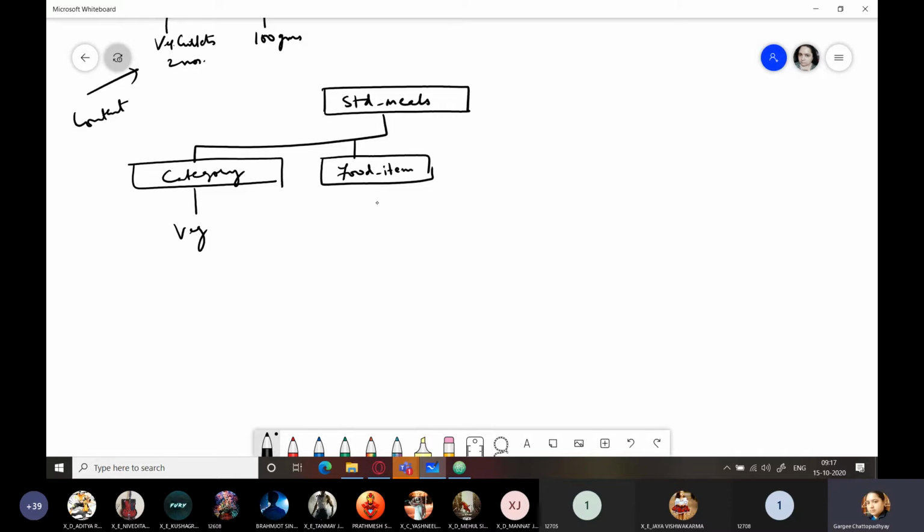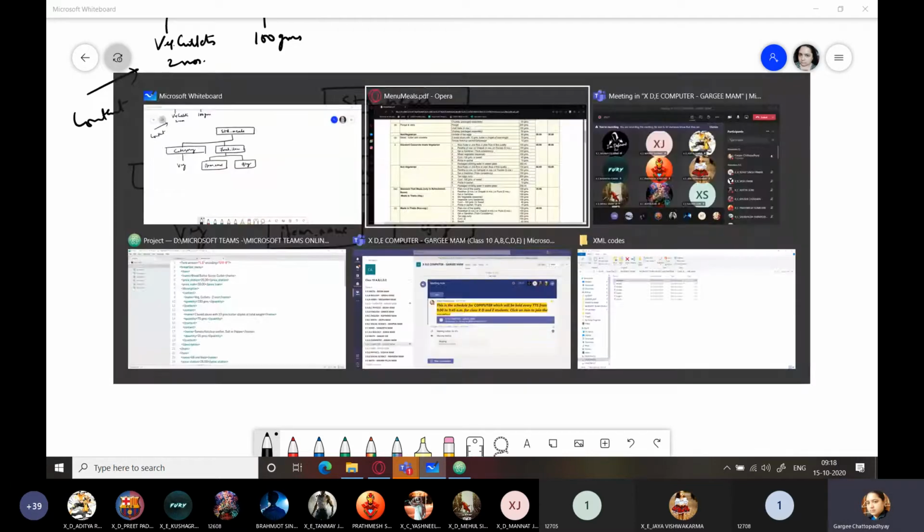So I've just added food item over here, and food item will contain two things. Item name and quantity. I think that would do.